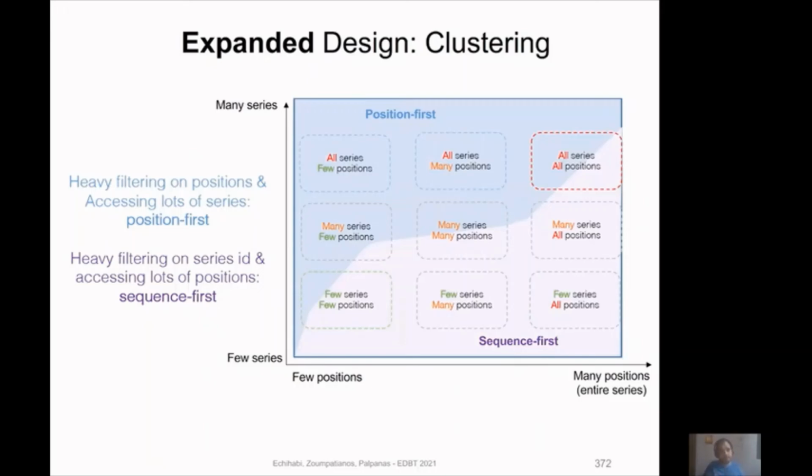If you do heavy filtering on positions and you're accessing lots of series, you might want to cluster your data position first. While if you do heavy filtering on series IDs and you're accessing lots of positions, you might want to access your data sequence first. And the expanded design gives you this kind of flexibility to choose how you want to